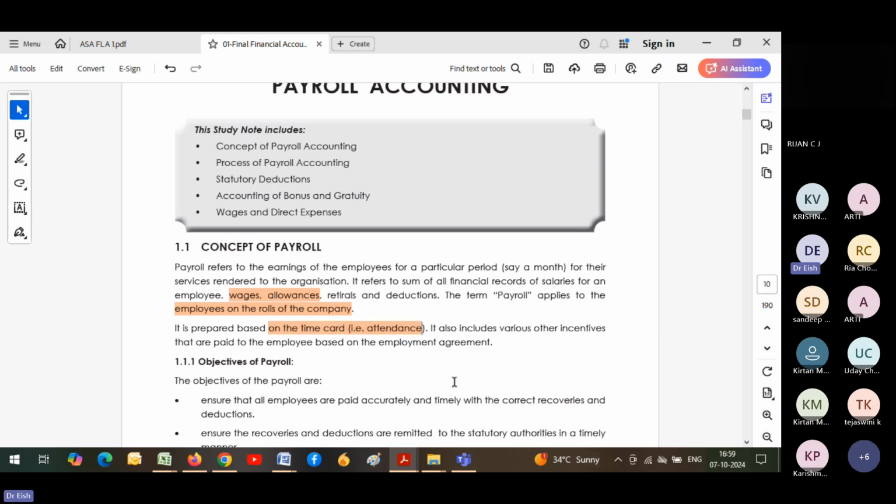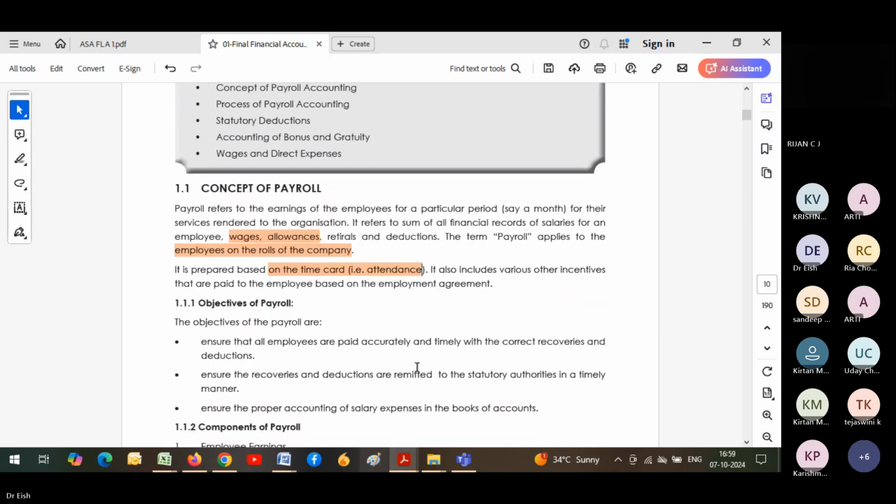Objectives of payroll. There is one more question: what are the objectives of payroll? The objectives of payroll are to ensure that all the employees are paid accurately and on time, with the correct amount receivable and deductions. So whatever is due to you, that is paid by the company, and whatever is due by the employee is recovered by the company by way of deductions. Ensure that recoveries and deductions are remitted to the statutory authorities in a timely manner. For example, the